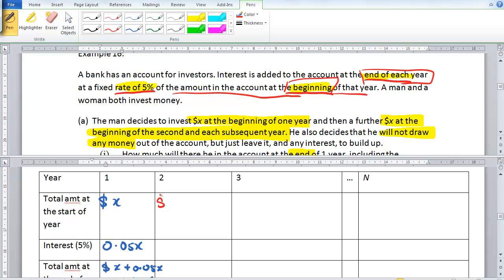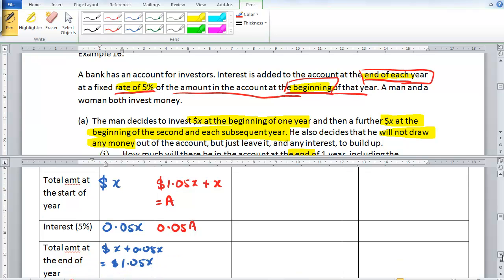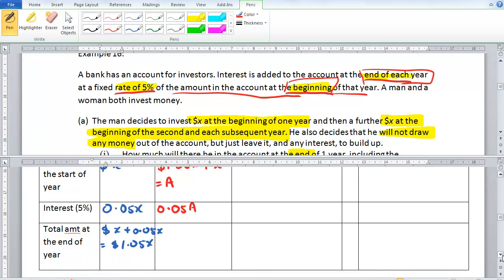So the amount that he has in the bank will be 1.05x, the amount at the end of first year, add on another X. So if we call this A, the interest that is given to him at the end of the second year will be 0.05 times A. So at the end of the second year, what he has in the bank account will be A plus 0.05A. That gives us 1.05A,